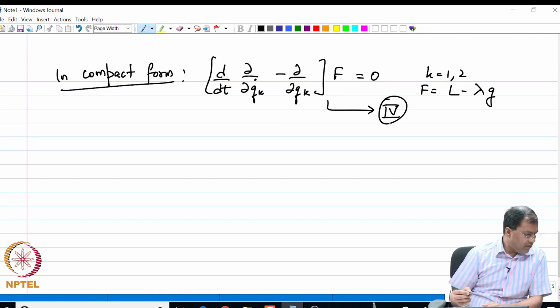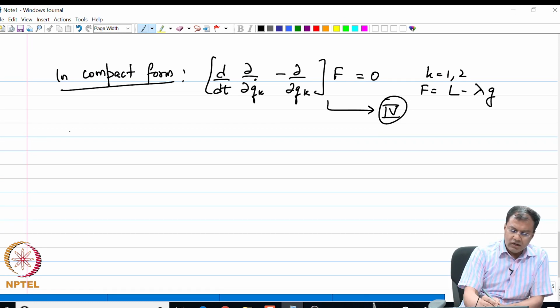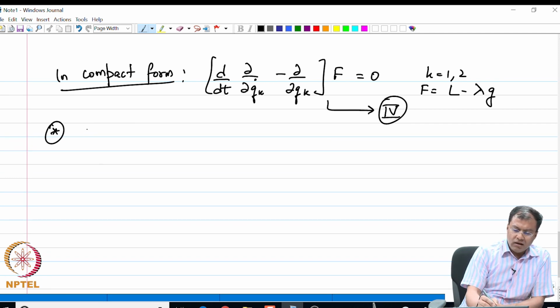I also give another reference to all the students where a proper proof based on geometry is provided. Students are asked to refer to this particular reference to look at a more detailed geometry-based proof for this situation of functional optimization with holonomic constraints. The authors are Gelfand and Fomin, Hildebrand.